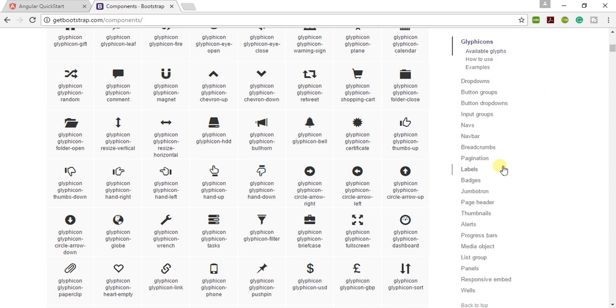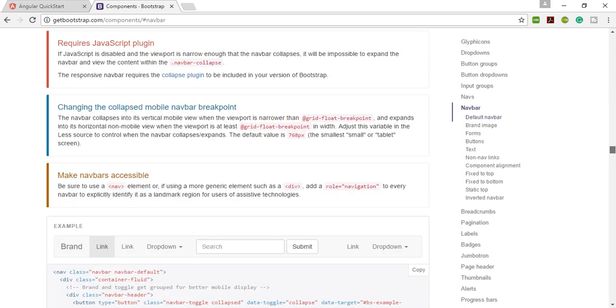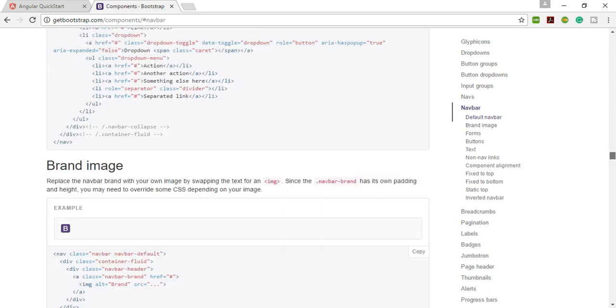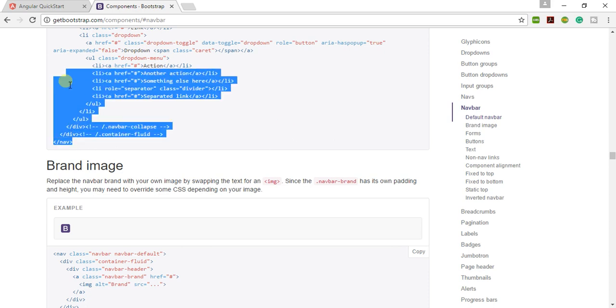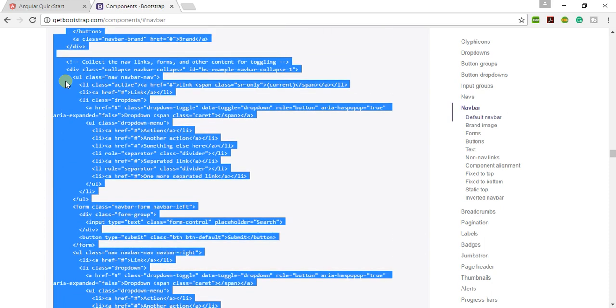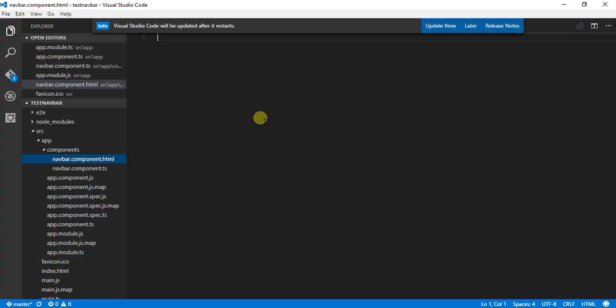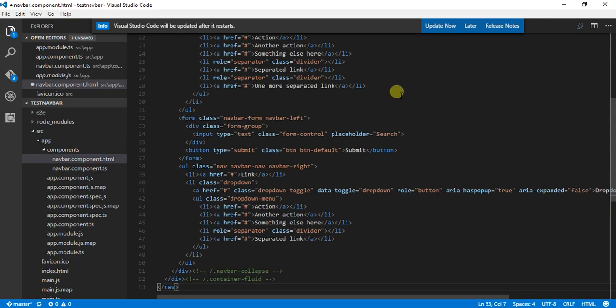After that I am going to copy that navbar. So let me copy this, and I will paste it in my HTML, right?